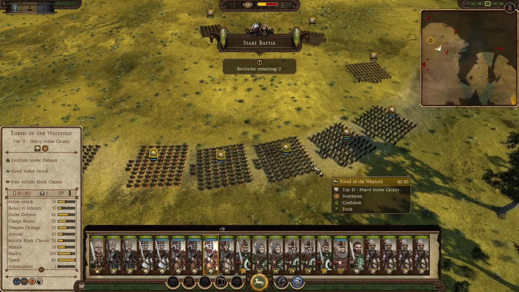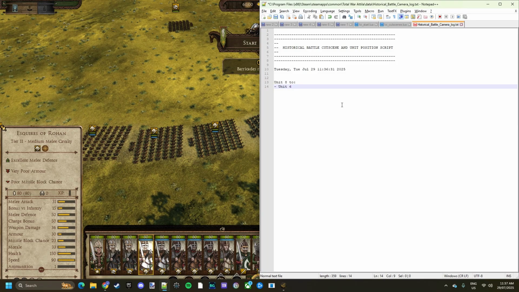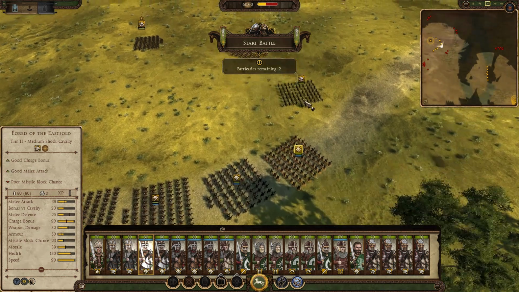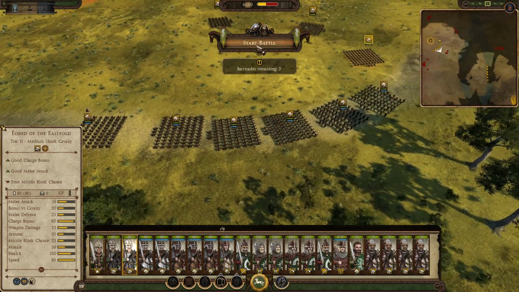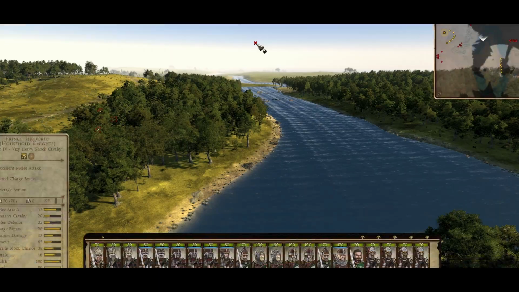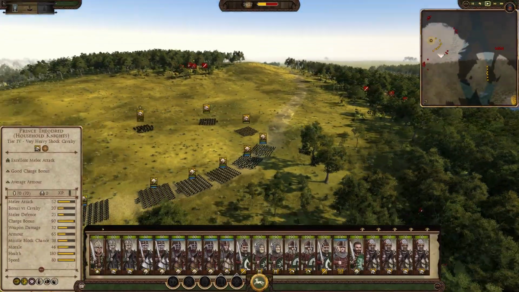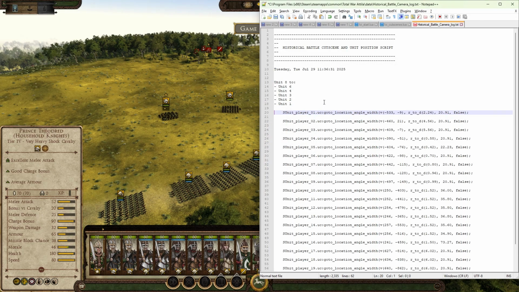Unit 8, first we want him to go to where Unit 6 is. Then this will be Unit 4. Then 3, 2, 1. And we'll save that. And I moved him a little bit, but that doesn't matter. And we'll start the battle. We'll wait for the log to kick in, then we'll pause it, we'll reload the historical battle camera log, and